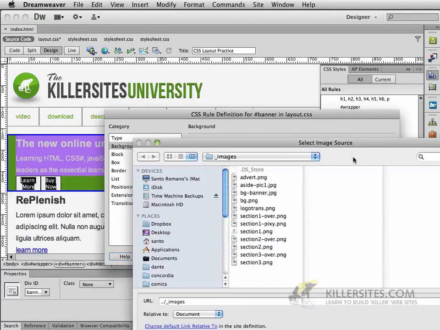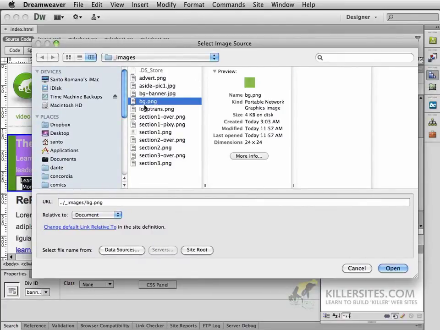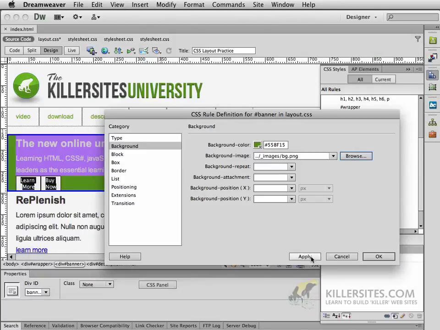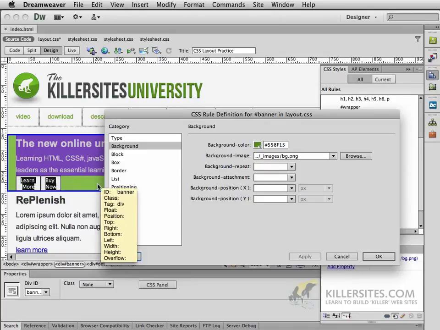So I'm going to go and browse for a background image. And the one that we're using is this one here called BG. Small little graphic, 24 by 24, which will tile on the horizontal and vertical. So if we open that and we press apply, you can now see that we've got that in place. So with that tiling background, repeating is perfectly fine in this particular instance